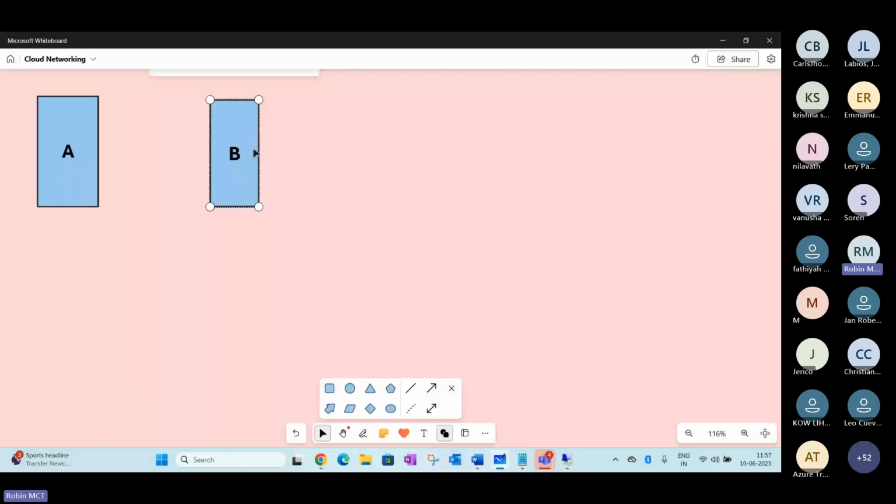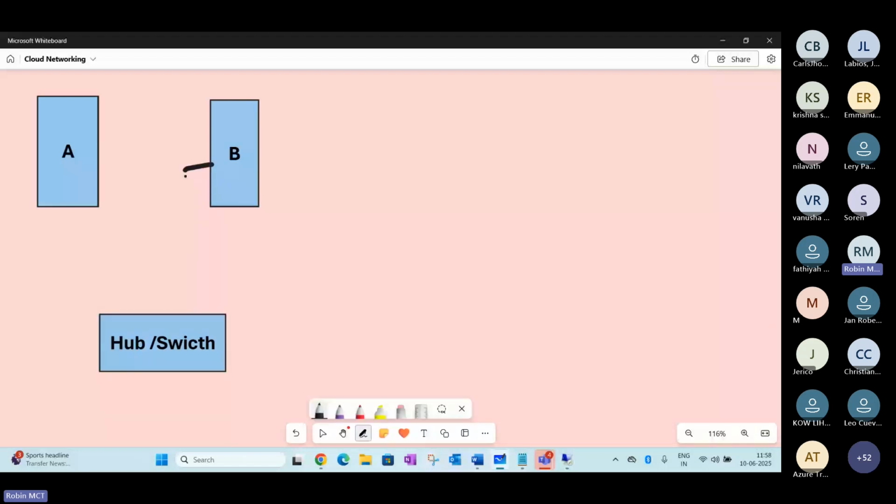you will be placing a hub or switch, right? You connect using a cable from your server to the RJ45 port here, and the communication is established in an on-premises scenario.